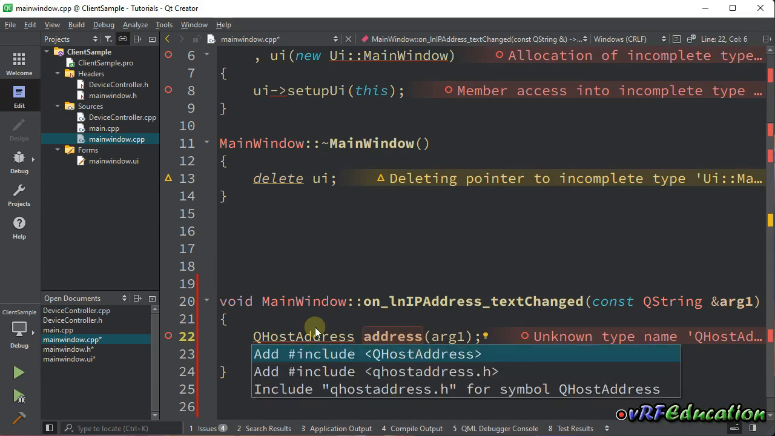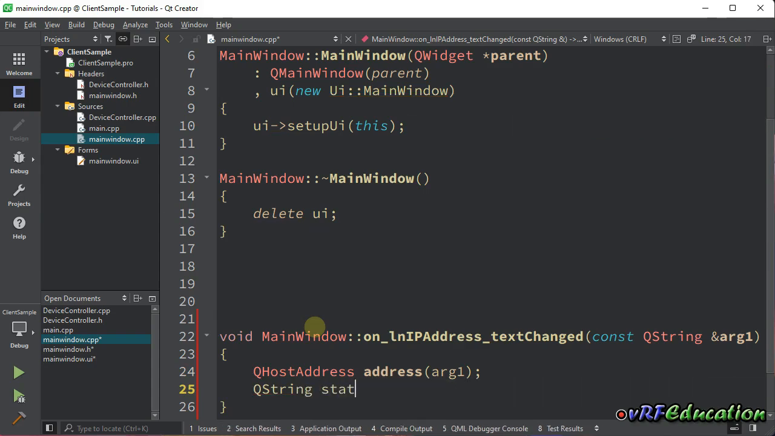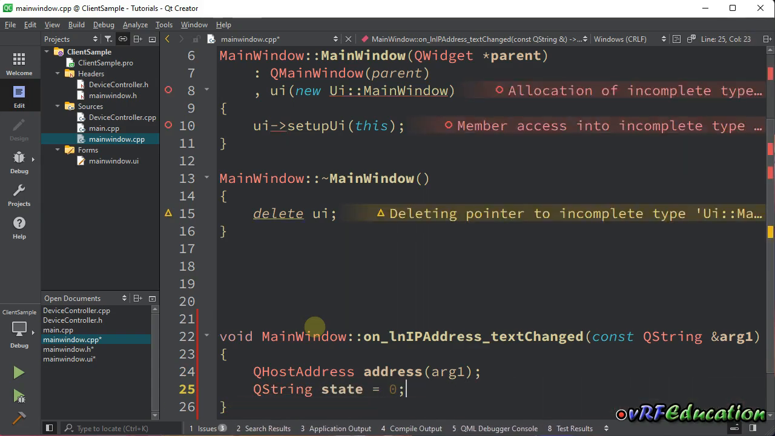let's add the related header file also to this file, and let's create property for a state, qstring state. By default it's equal to 0, it's not valid. Let's change it to 0. And if